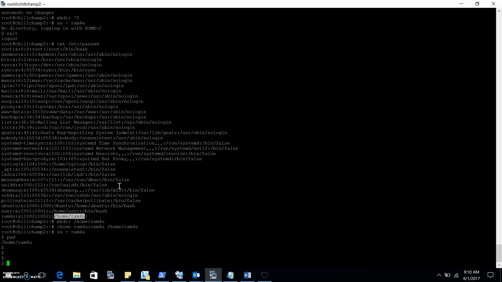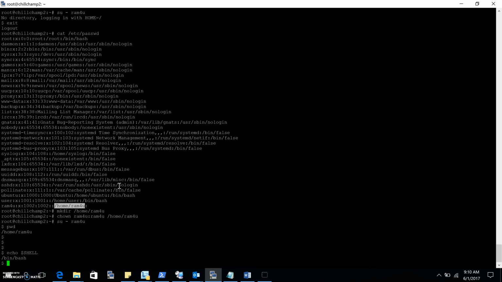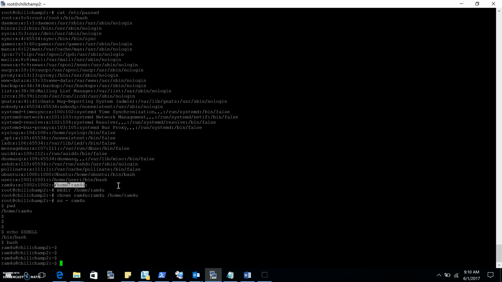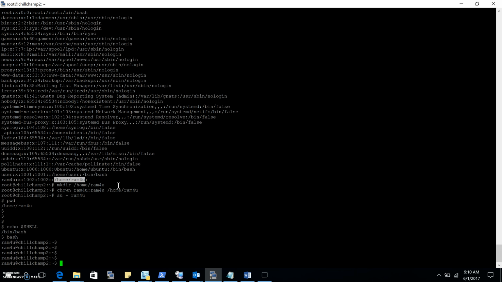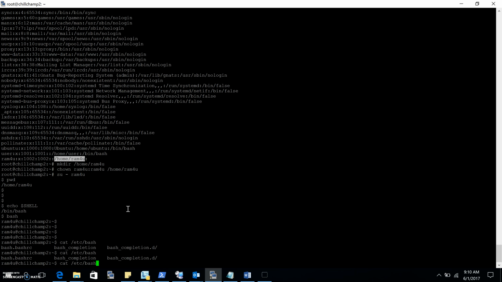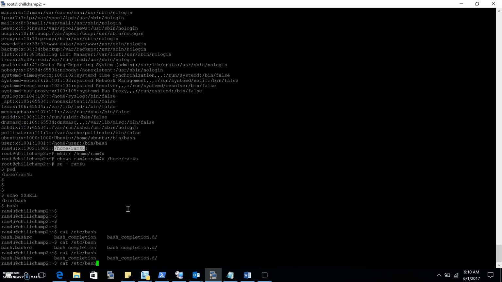So if you want to see what shell I'm running on, just say echo $SHELL. You are in /bin/bash. So when you run bash, actually it runs .bashrc, .bash_profile, you can say. You go /etc/bash.bashrc. So when you run this command bash,